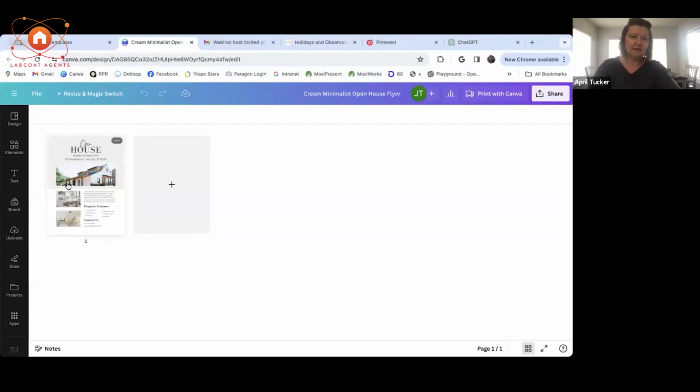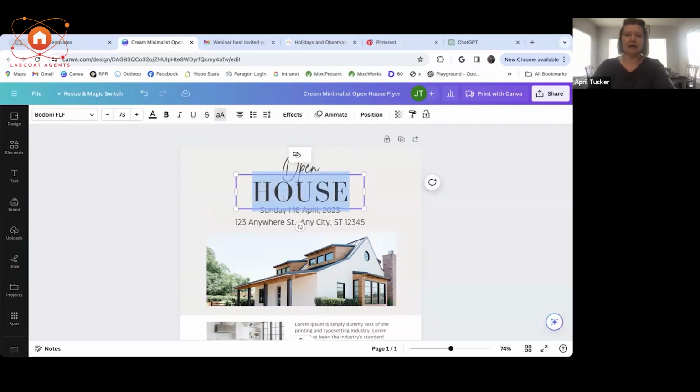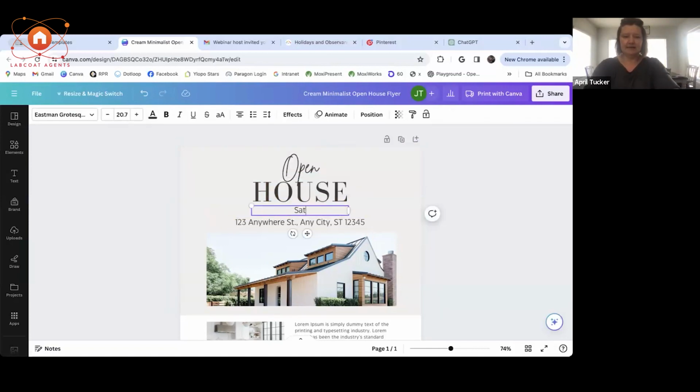So for this, let's go ahead and start diving right in. Of course, super easy to start to customize. Click on something, drag it up, drag it down, whatever the case may be. If you double click on it, right, this is where you guys can start to customize what it says. Saturday from 11 to 1,